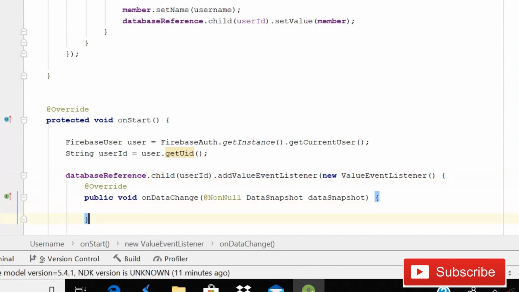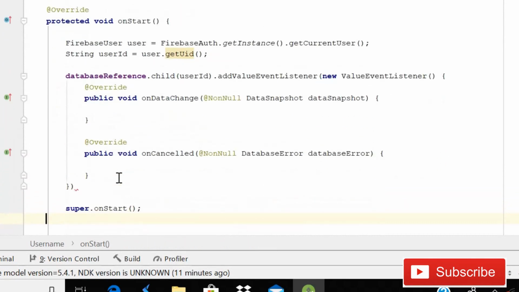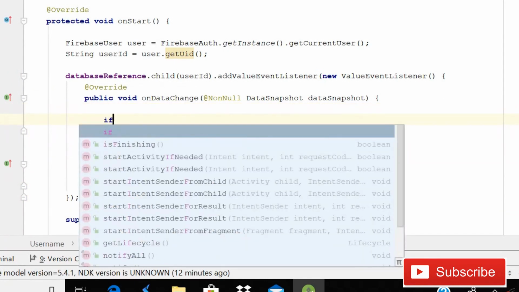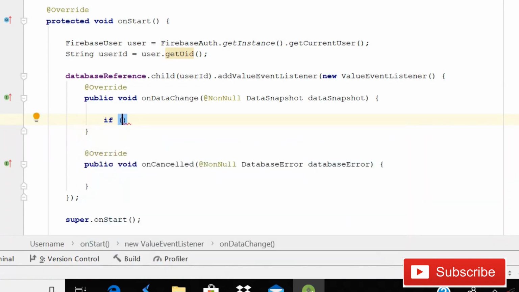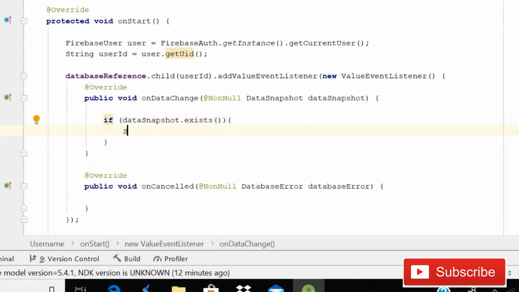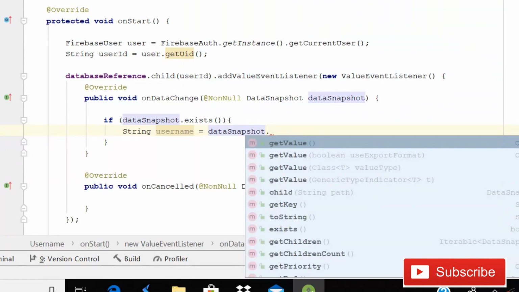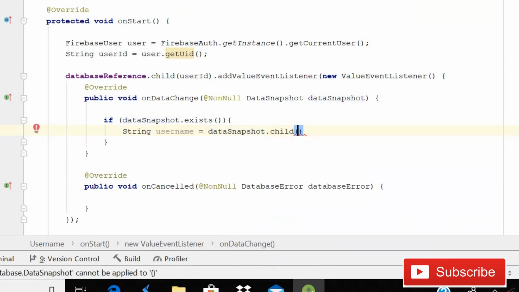So guys, what actually we are doing here is, you can see that this is our database reference for username. So if there is any child that exists with the value userId, it will check. So if there is any data that exists, we can retrieve it. So inside that onDataChange, what we are going to do is simply write dataSnapshot.exists, it will check. Fine. What it will check is whether there is any string that exists for username, and that will be dataSnapshot.child, and the child name is going to be name,